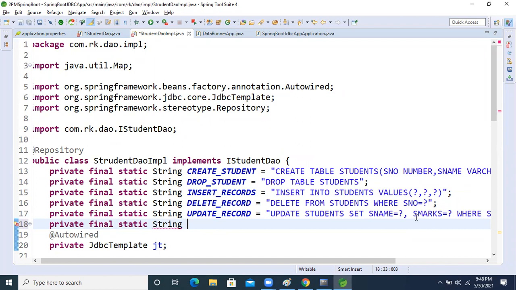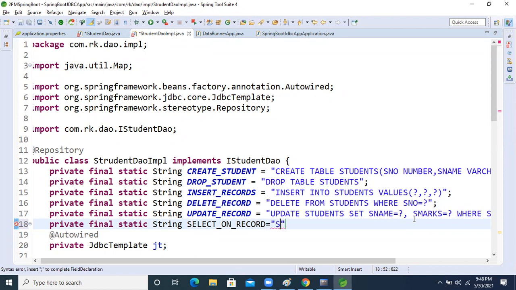Select one record. This is my variable name.